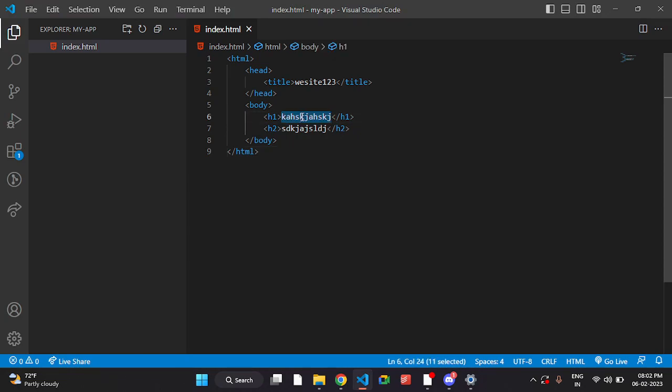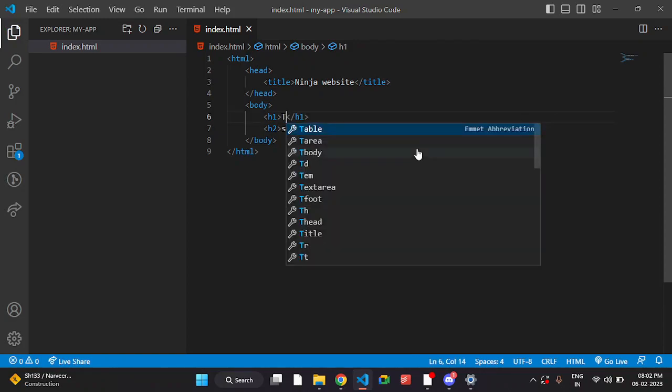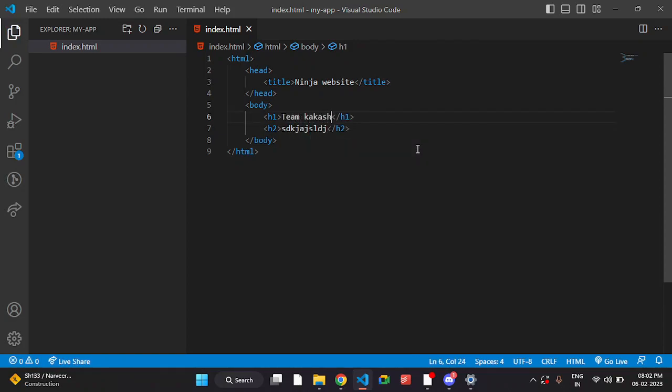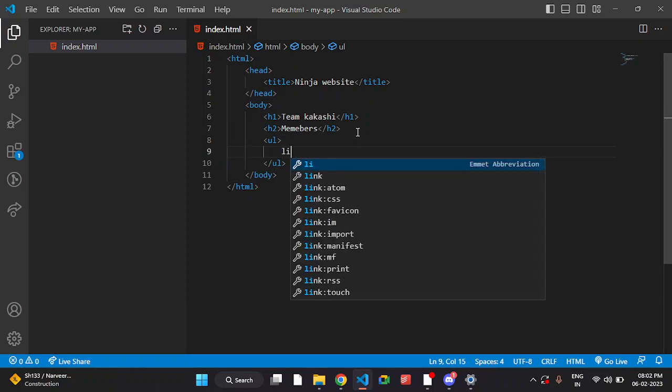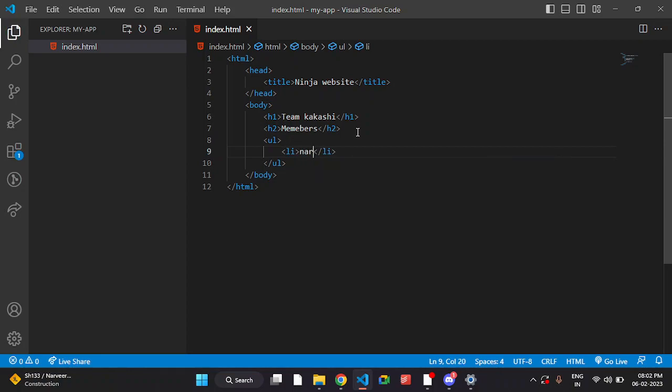So let's create a website for Ninja. Let's give the heading as Team Kakashi, and heading 2 as Members. Then there is another tag, unordered list, and every unordered list will have list items to represent every element inside an unordered list. So Naruto, Sasuke,